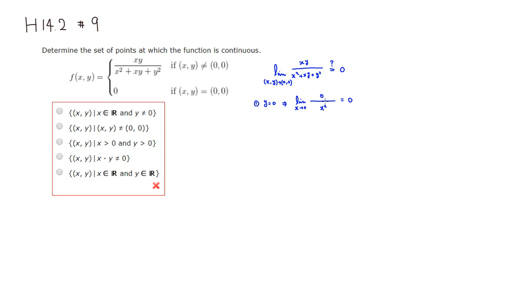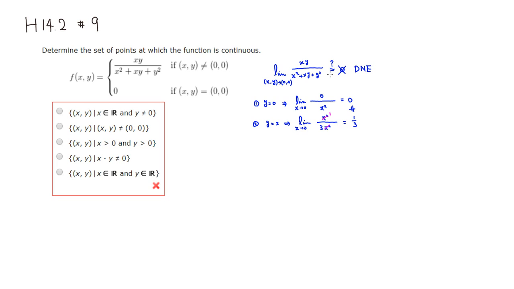But if you do something like y equals x, this limit becomes x times x, so x squared. You have x squared here, x times x is another x squared, so you have 3x squared as x approaches 0. You can see that x squared and x squared cancel out, leaving 1 on top and 3 on the bottom. So the limit is actually 1/3, which does not match the other path. Therefore this limit does not exist,